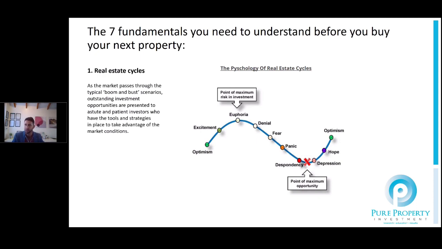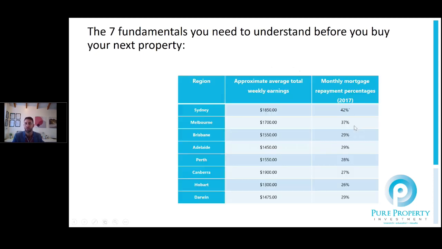So I think we're probably personally a good little while away, potentially 12 to 24 months away from seeing that optimism, and the optimism backed by fact rather than just people saying, well, it's cheap, let's buy into that market. But I hope that sort of gives an understanding of the fundamentals from the psychology of real estate and how that works and plays into it.